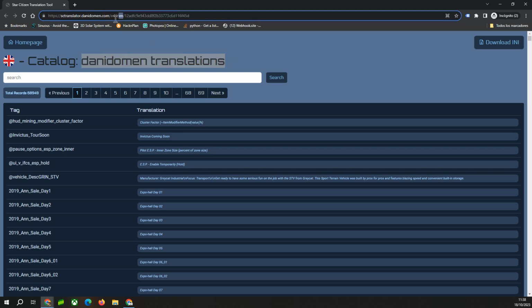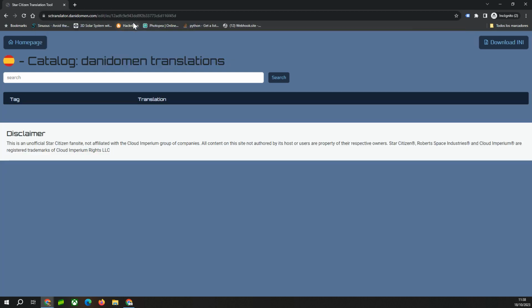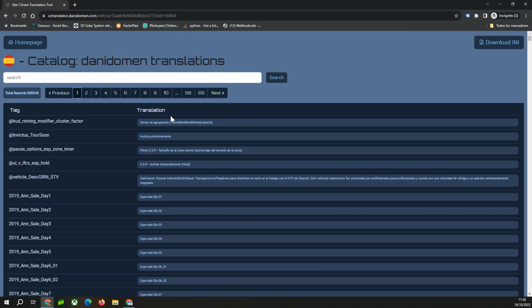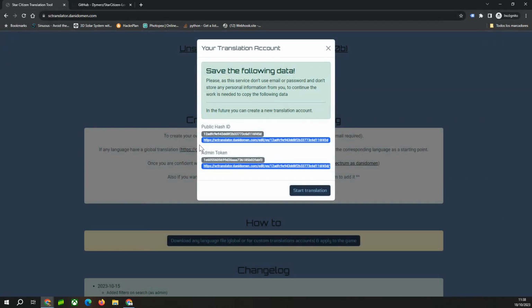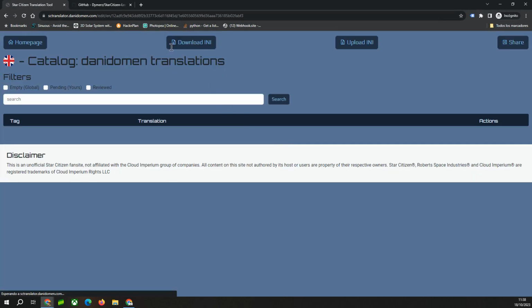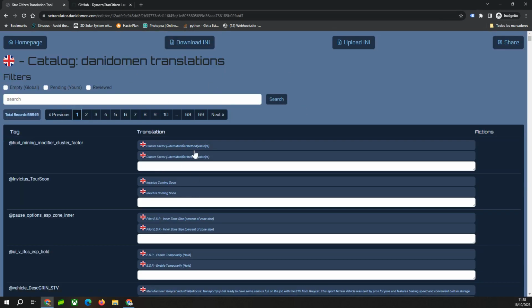Okay, for example, in Spanish, the URL will be here. And this other one is the admin token that, if I go to start translation, here I can create or modify the new ones.